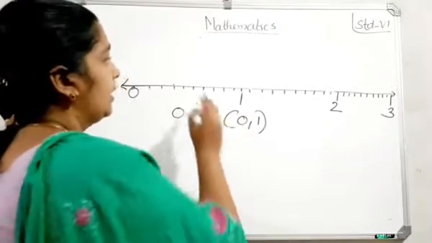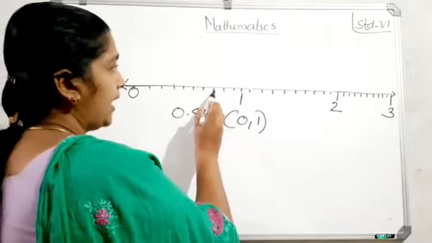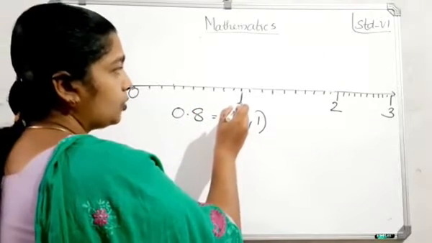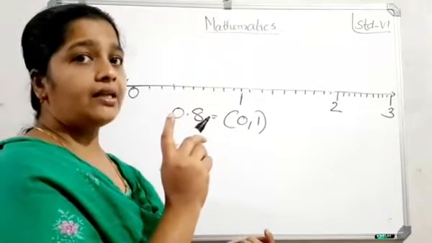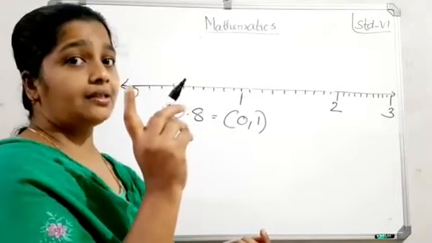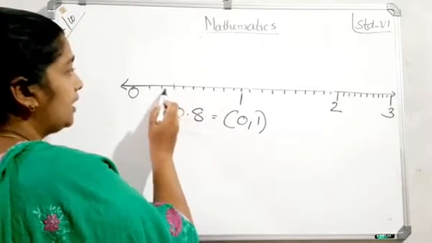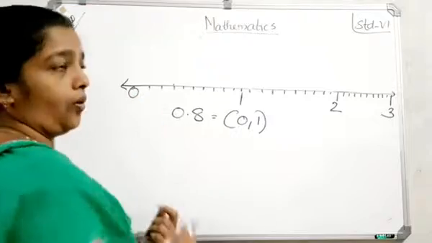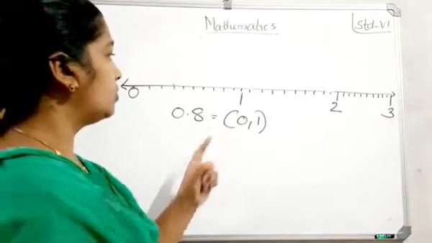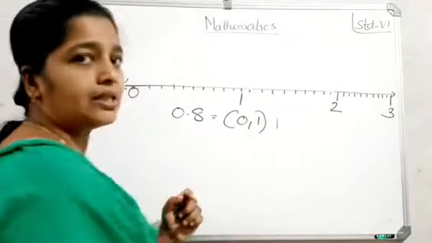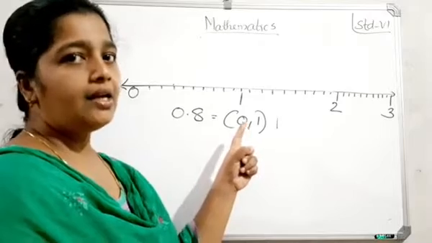So listen, if it is 0.5 or 0.6, 0.7, 0.8, 0.9, it is near to 1. Once more, last year in 5th standard we studied about nearest 10, 100, etc. So next, 0.4, 0.3, 0.2, 0.1 is near to 0. Clear? Yes. So here 0.8 is near to where? 1. This is the answer. You can write in the textbook only. Don't write in the notebook.